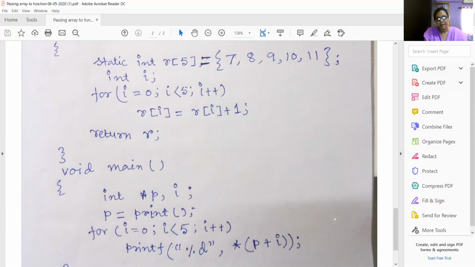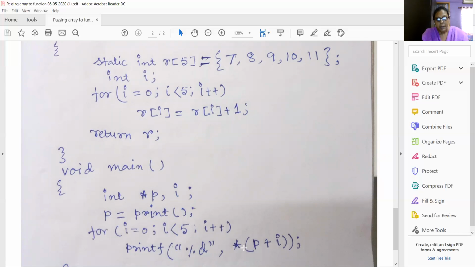Next 9, going on up to the 5th pocket, the last element, it will give 12. Asterisk p plus i: you know the pointer arithmetic has been covered in our previous lecture. So asterisk p is the value at address p. As soon as I give p plus i, that is asterisk p plus i, the value at address p plus i, initially 0, that is asterisk p, the value at address p.